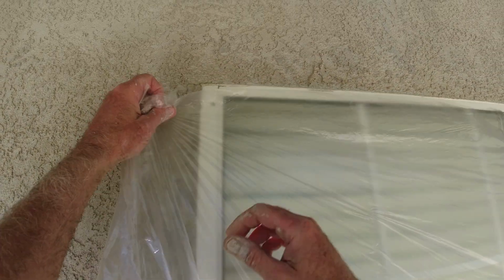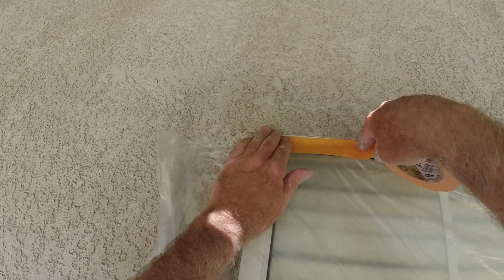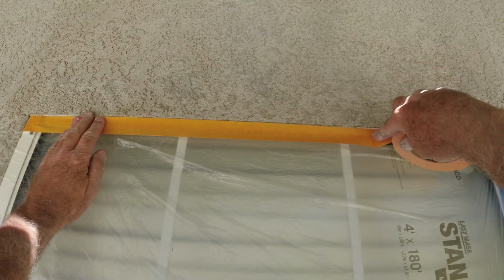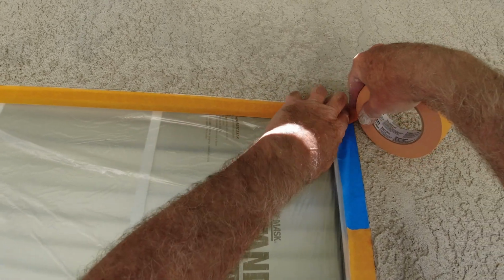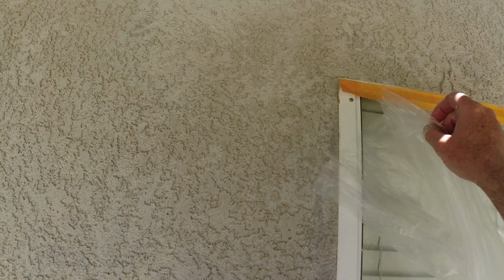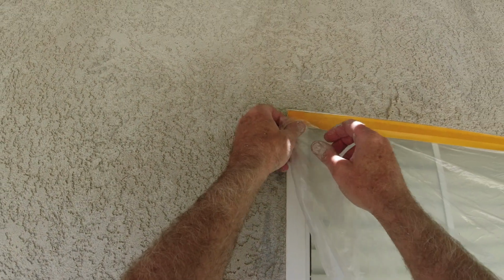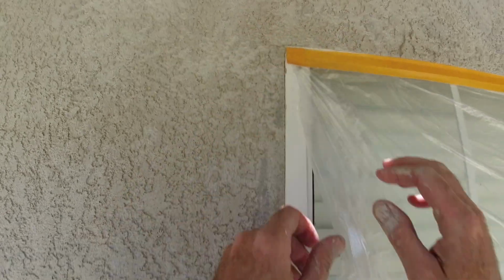This is Trimaco masking film. If you've never tried it, it actually works pretty good. And you notice it does have some static to stay on the glass, and it's a little bit thicker than the 3M, so I kind of like it a little better. It doesn't tear quite as easy. Some people like it to be like the 3M because it does tear, but when I fold it under like that, a lot of times I get tears in it. Kind of irritates me, but